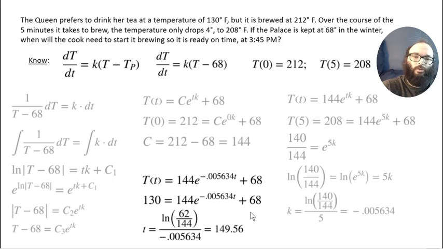You can see 130 minus 68 is 62, 144 goes on the bottom, the natural log of the whole thing, and then that gets rid of the e, and we divide negative 0.005634t by that number,